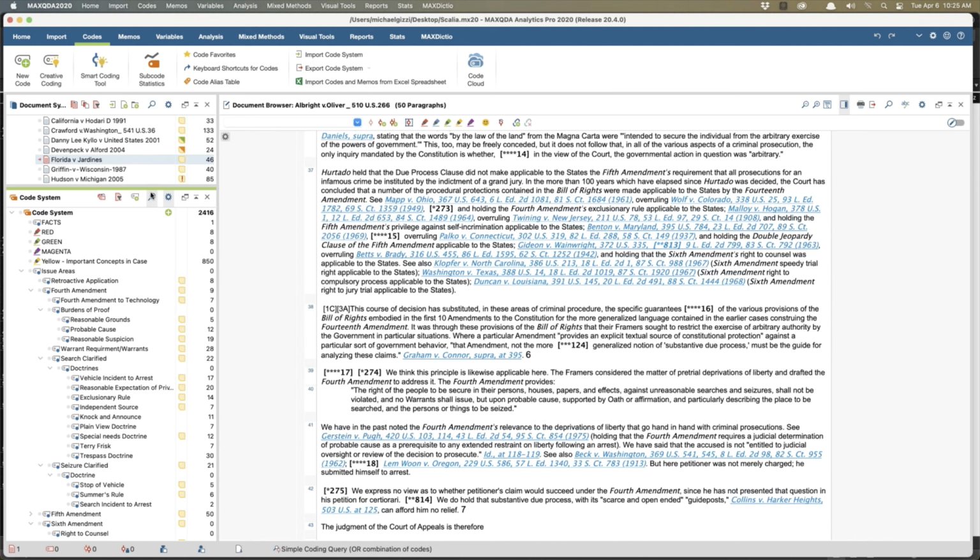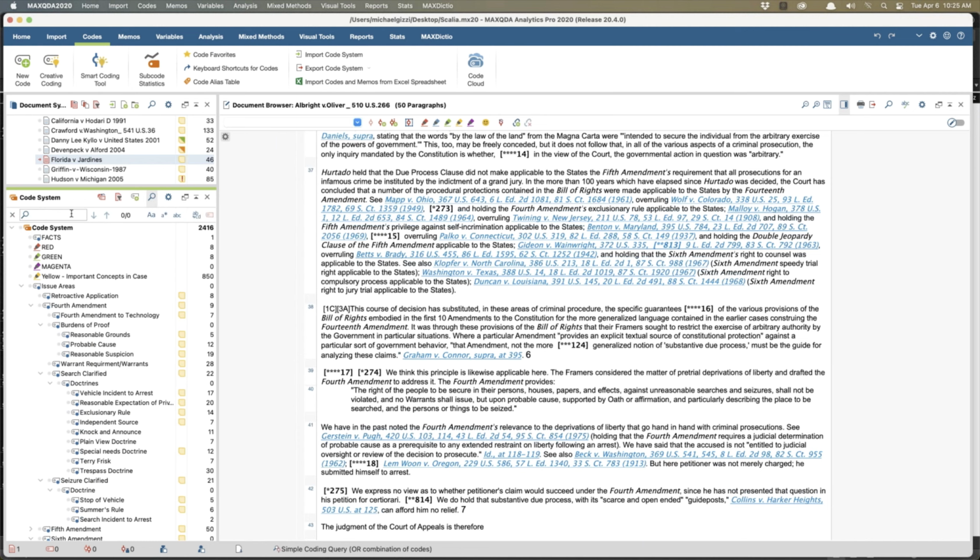Oh, search. Let's search. You notice here, I type an R and it immediately starts highlighting: reasonable grounds, reasonable suspicion, reasonable expectation, and privacy. If I click this, I've now activated those three.